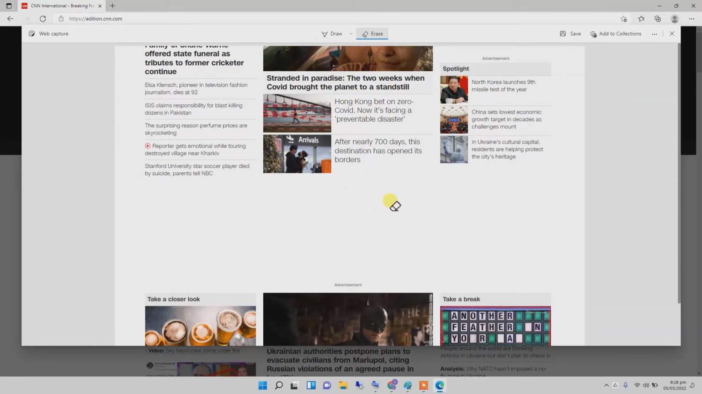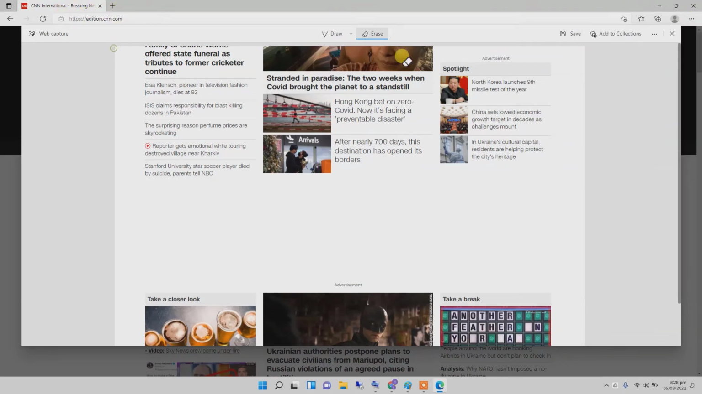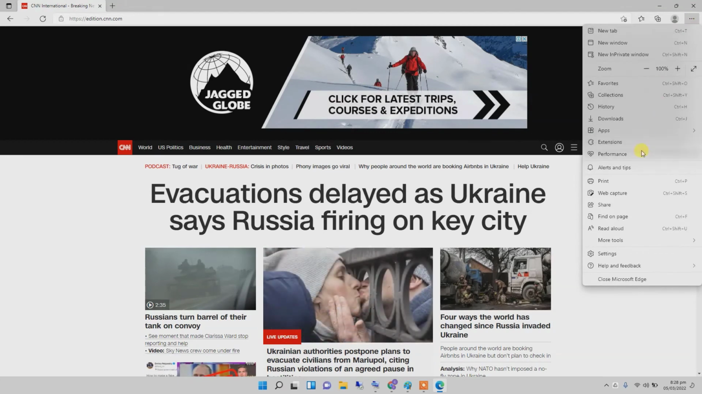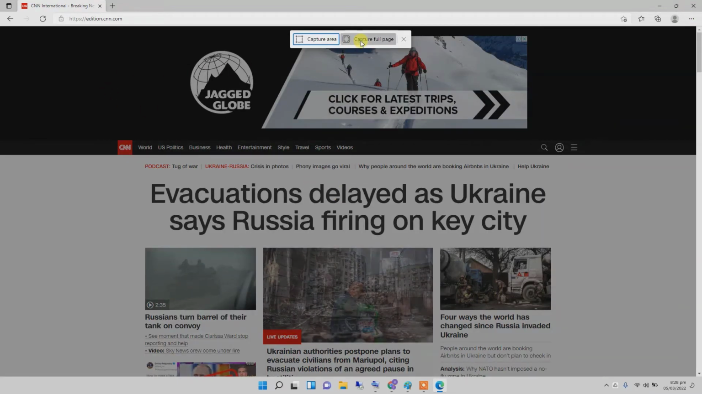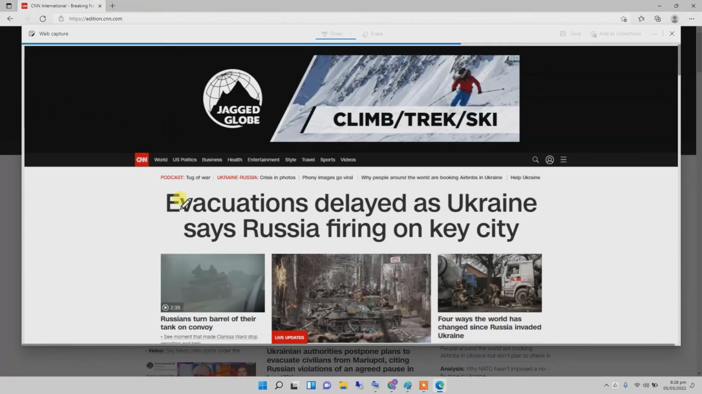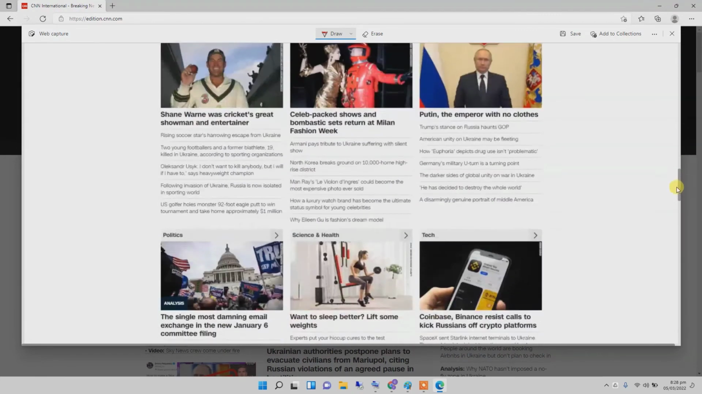So that's how easy it is to use Microsoft Edge web capture option. Let's try the other option of the web capture. Just close this window and we are going to again click web capture, and here we are going to capture full page. Now the full page has been captured, and here you can see that the entire page of the